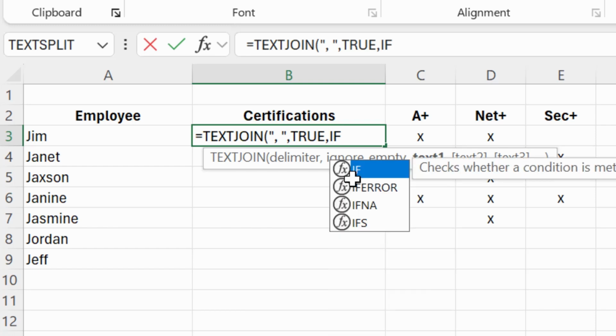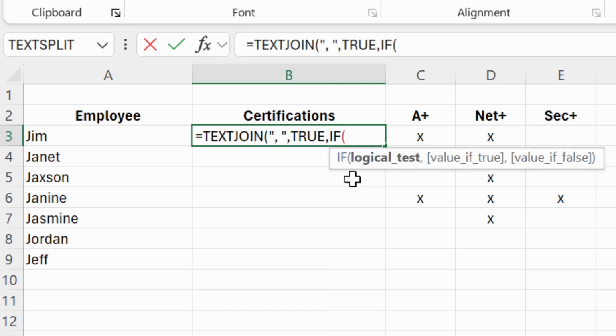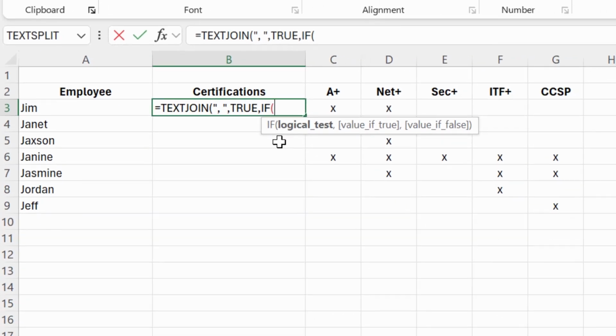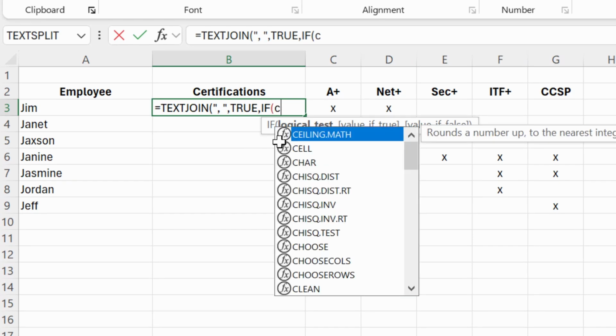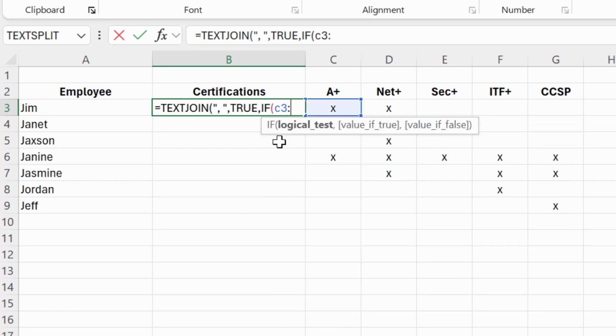I'll go ahead and start my if function, so if open parenthesis, and our logical test is going to be if any of the cells from C3 through G3, so you can see where it's highlighted here is the range of cells that would have X's in them. If any of those is equal to quote X close quote, then, so I'm going to push a comma, then we want the corresponding value from the headers, which would be